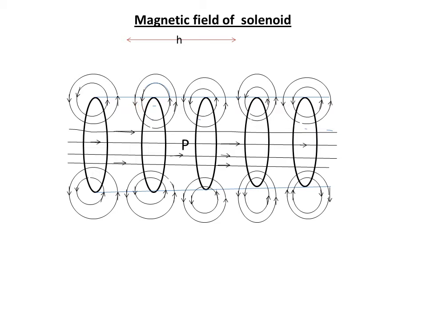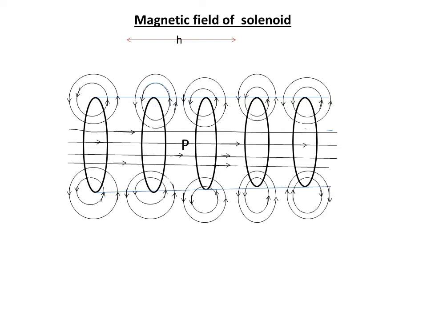When we consider another two adjacent loops, let us take this loop. Here magnetic field is downwards in this direction, and due to the third loop upwards. So, in between again the magnetic field is 0. So, the magnetic field outside the solenoid is almost equal to 0. But inside we can see that all the magnetic field lines are in the same direction. So, they add up, and inside the solenoid we get parallel and strong magnetic field.